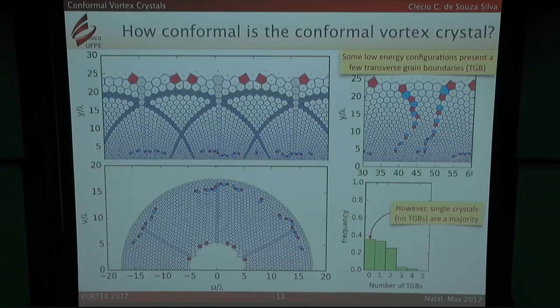It's difficult to compare the energy because the energies are very similar to each other, because these dipole structures, these dipole chains, cost little energy. So it's hard to say which is the minimum energy in this case. So the idea is to check which is the most frequent one.